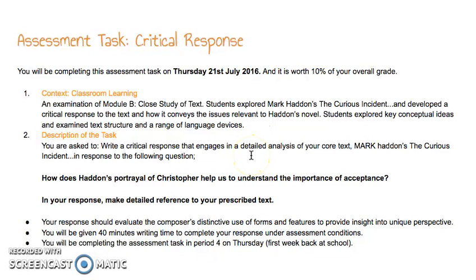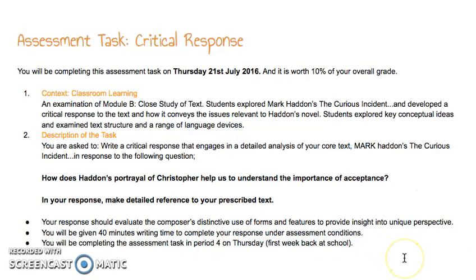You need to write a detailed response to this question here. So the question being, how does Haddon's portrayal of Christopher help us, aka the reader, to understand the importance of acceptance? So from reading this text, how are readers then positioned to challenge themselves and the world that they live in? How is their understanding of acceptance enhanced? Okay, so that's essentially the basis of your question. Your response should evaluate the composer's distinctive use of forms and features to provide insight into unique perspective being, of